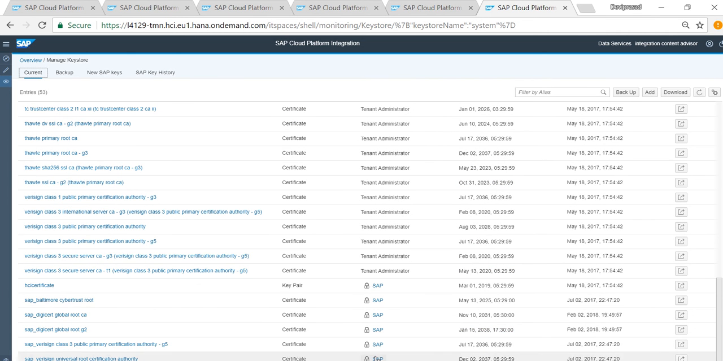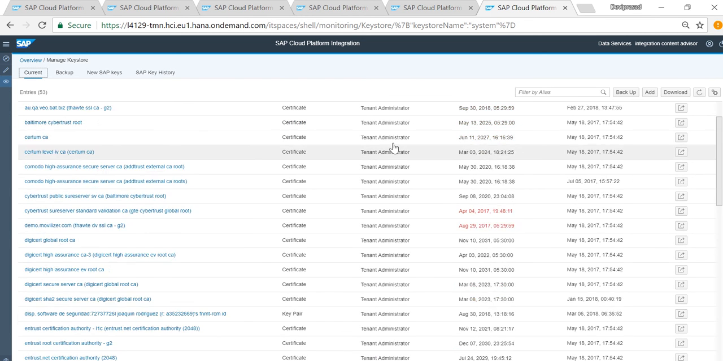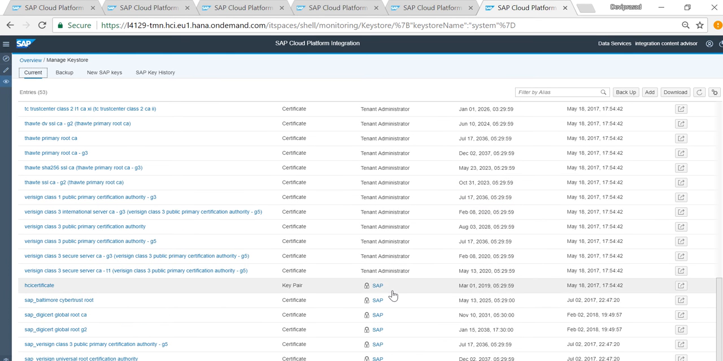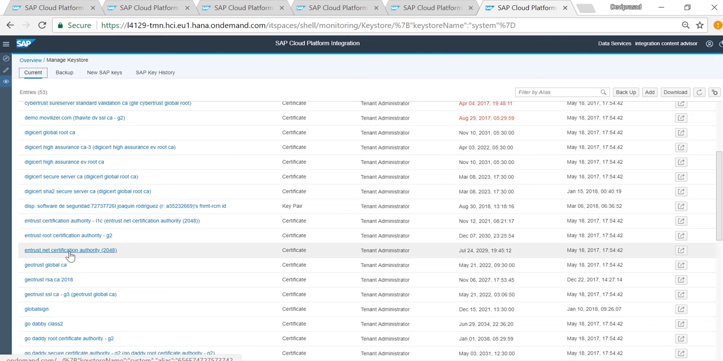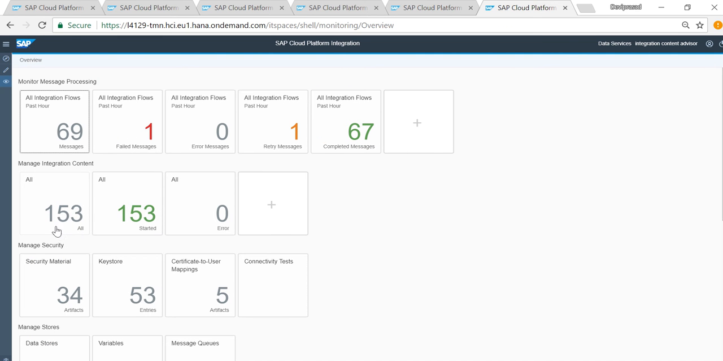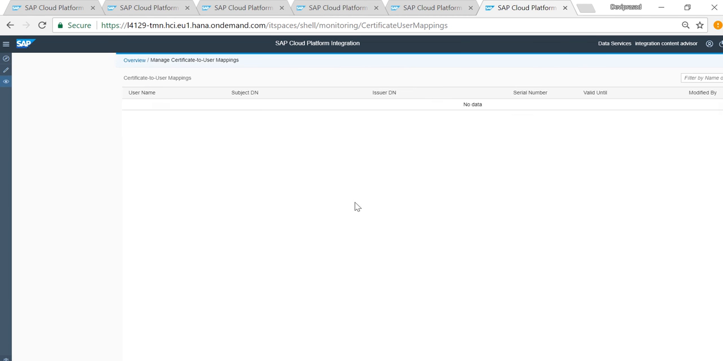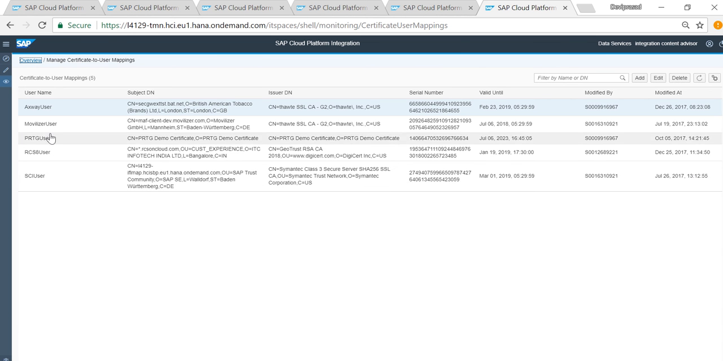So these are the SFPs. The SFP tenant administrator can do all these operations, and these are the SFPs administration. Okay, and go back here. I think you can go here. Security material, connectivity test, certificate to user mapping. Click on this one. As a user,